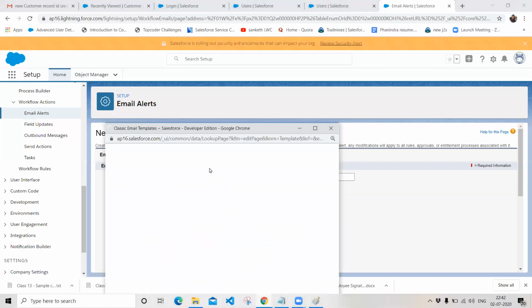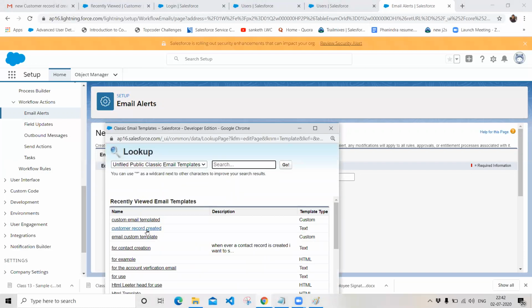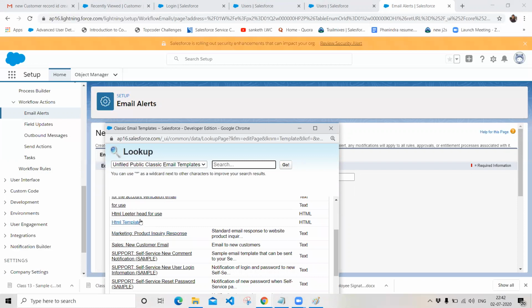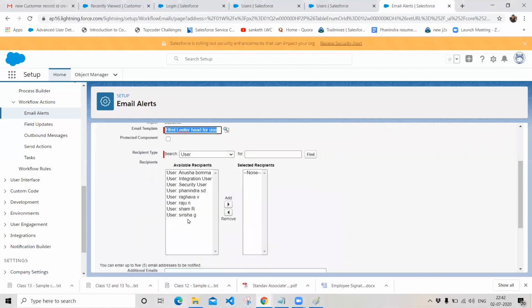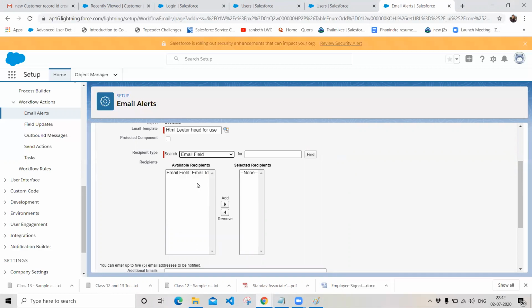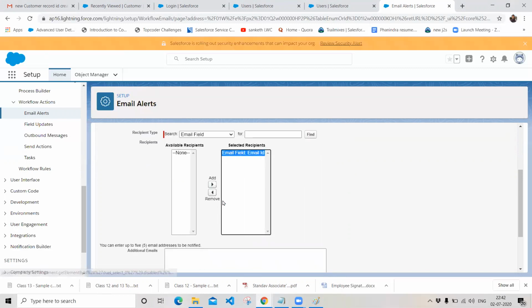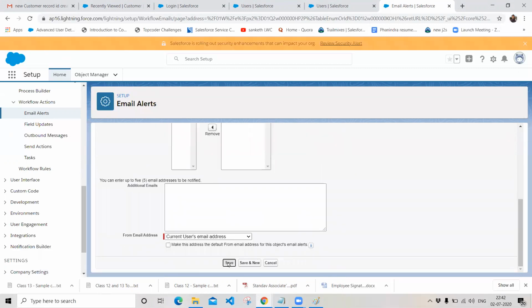Here I want to choose my template as the HTML letterhead. Choose the letterhead, and to whom do you want to send this email? I want to send it to whatever email ID is specified in my customer record, and add this email ID and click on Save.